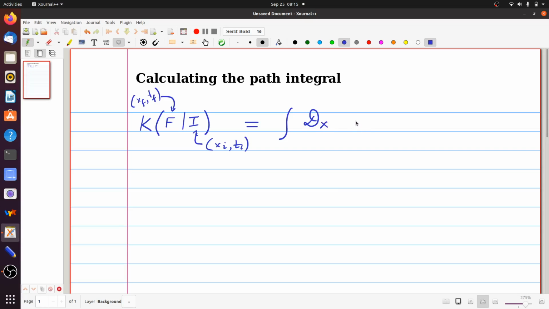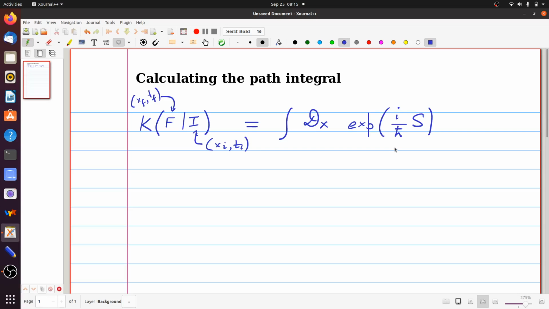You integrate over all paths, and this curly D of x is a measure which essentially tells you that you are integrating over all possible paths that the particle can take between ti and tf, and what you integrate is this quantity, a phase factor, exponential of i by h cross times the action, where S is the action calculated along the path taken. Well, this formula